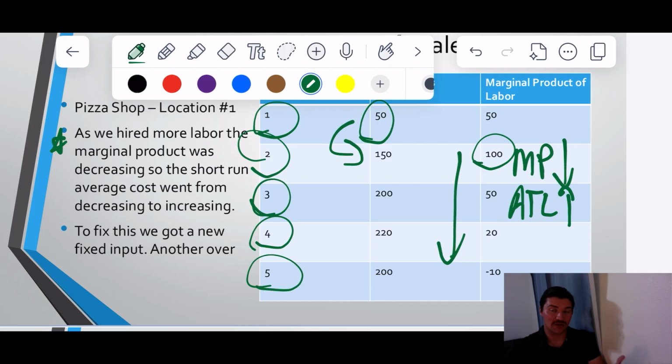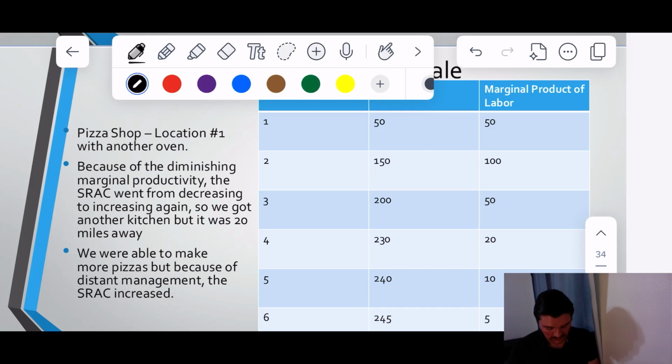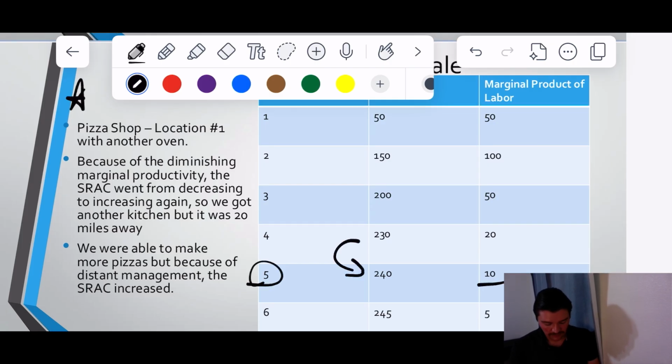So now we can get better use of the fifth person. To fix this, we have a new fixed input, such as a new oven. Okay, so now we have location number 1 with another oven. By doing this, we gave that fifth person something to do, to where now we were able to increase production,